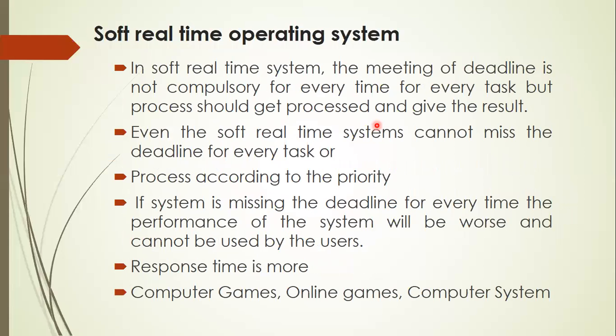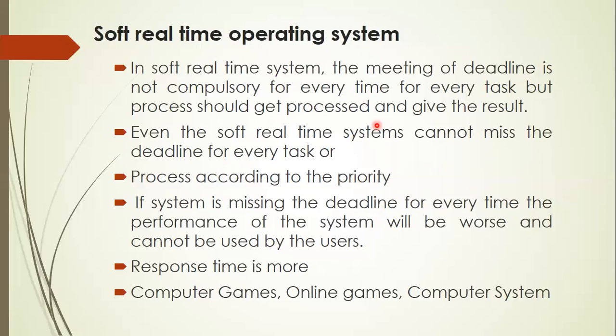The other type of operating system is the soft real-time operating system. The major difference between a soft real-time and a hard real-time operating system is that in a hard real-time operating system, your processing must be completed exactly within the time limit. Suppose there is a computation, and assume the problem takes 10 seconds. Then you should get the correct output exactly at the 10th second. Even if you get the result at 9 seconds, it is no use. Even if you get the result at the 11th second, it is no use. Whatever time you fix, your output should come exactly at that time.